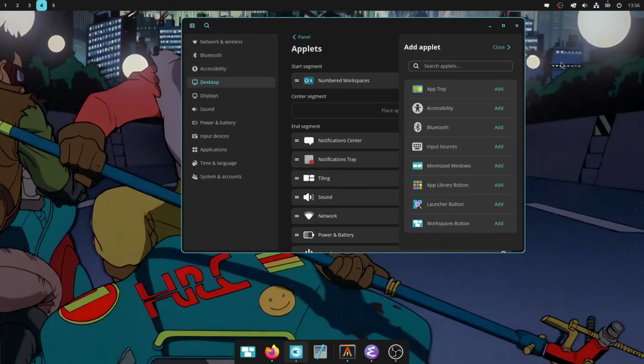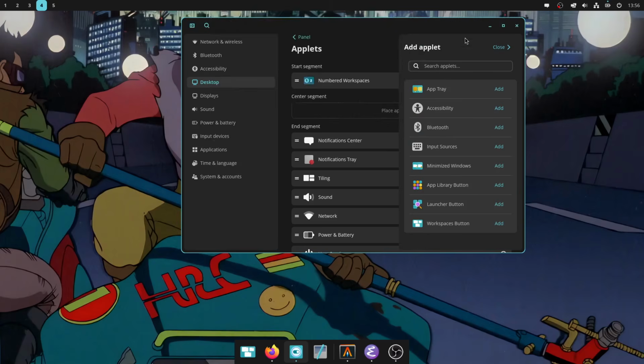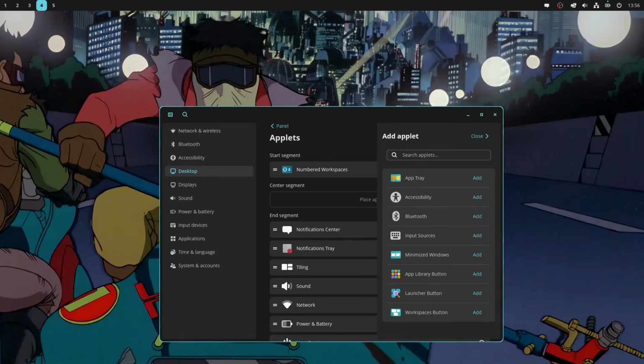So by default, the launcher is set to the super key. And what I've done is I've rebound it to Super A. And what you'll see is this is very reminiscent of KRunner on KDE. Now the advantage of, let me just move this down here. The advantage of this